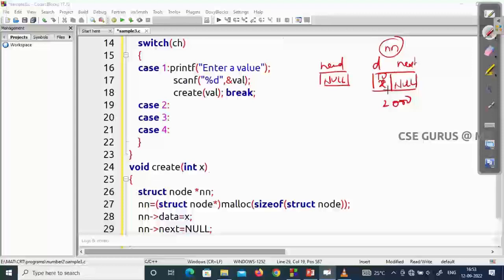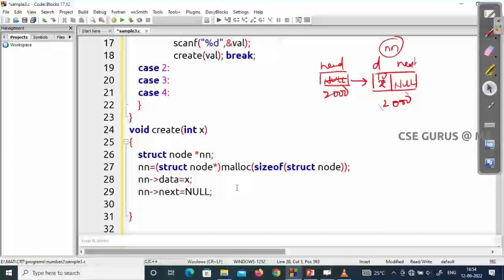Till now we didn't connect this node to the linked list. Why? Because if it is connected, this node should be the first node. It means this null should go away, because the null should be replaced with the address of this node. That means in order to connect, 2000 should come here. So what is the head value now? 2000 means your linked list consists of the first node as the node with the address 2000. In order to establish it,